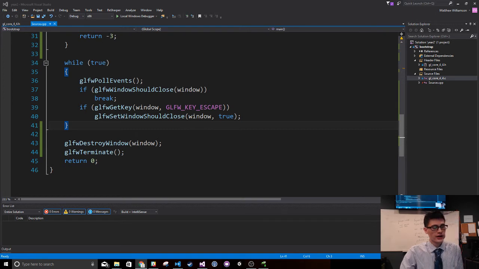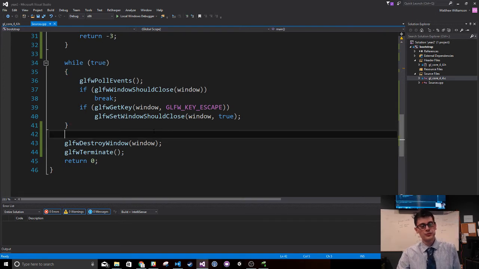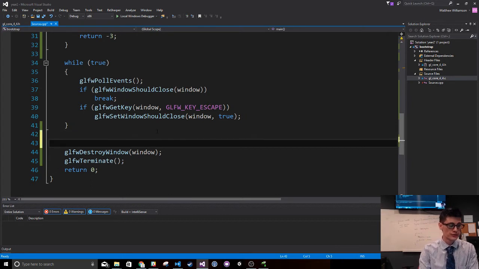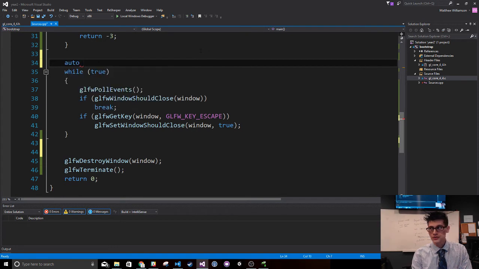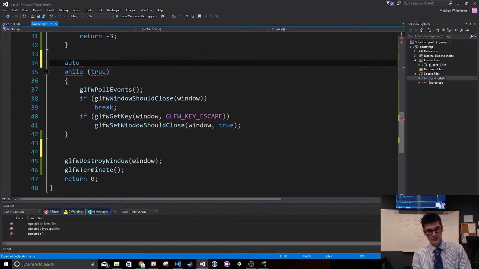To make sure we're running OpenGL, or to see which versions of OpenGL we're actually running, what we can do is get some information from OGL here. So what I'll do is use this auto